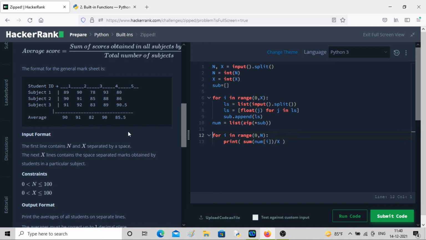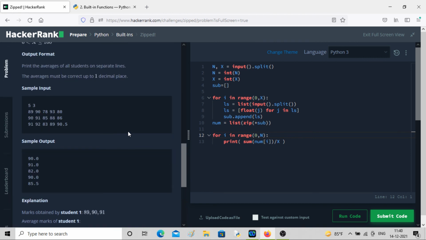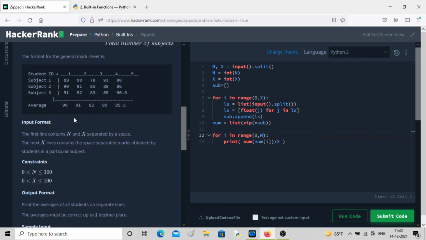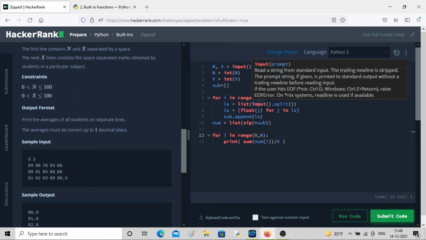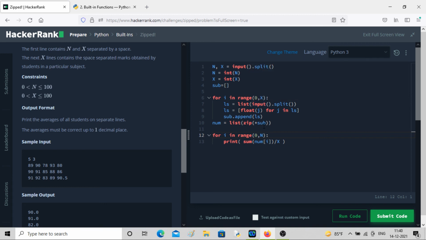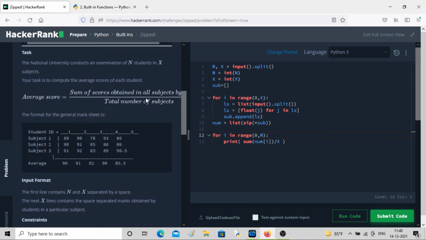Okay, so that's what the program was. Hopefully you have liked it. And here you can do the constraint if you want. I'm just leaving it. You just have to write an if condition, if-else condition. If this condition is met, that is fine, else stop the program, or run some alert or warning. Similarly do it for x as well. We have done it most of the time, so I am just skipping it. So that was the logic part. Let's go to the next question now.